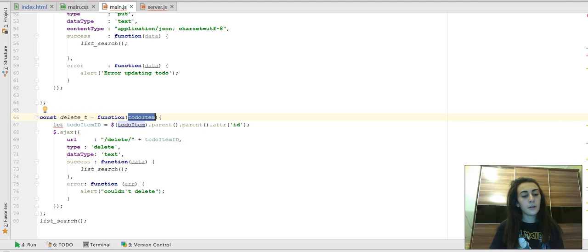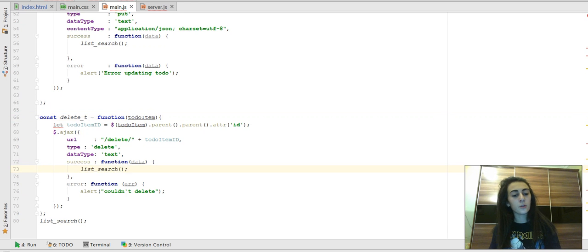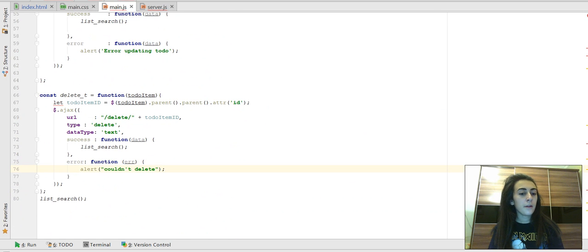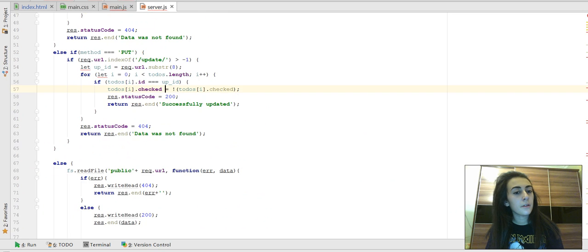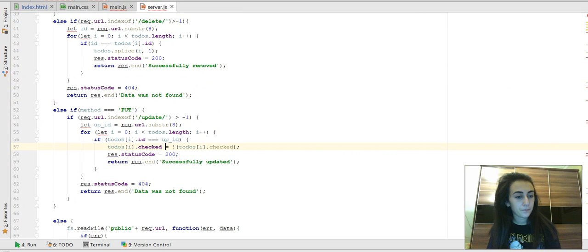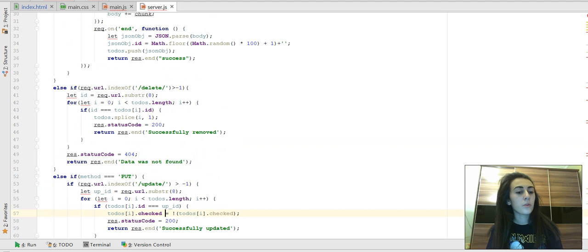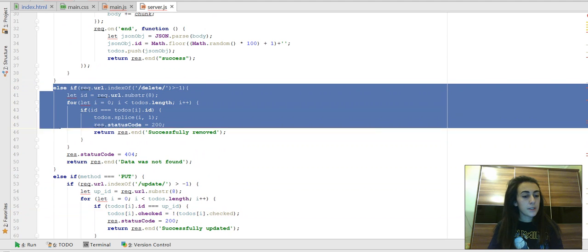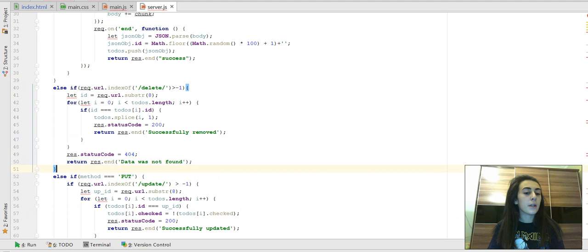And if we succeed with this, we just update our list, and if not, we just alert that it couldn't delete anything. This is everything that is done by our client, and meanwhile our server finds out that this part is done when the URL consists of a delete part,